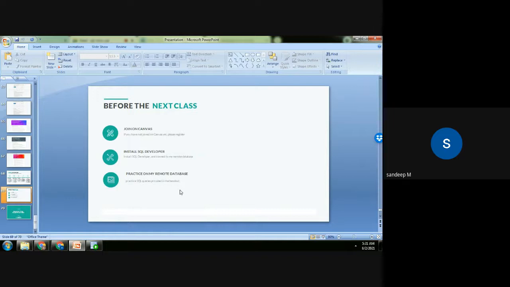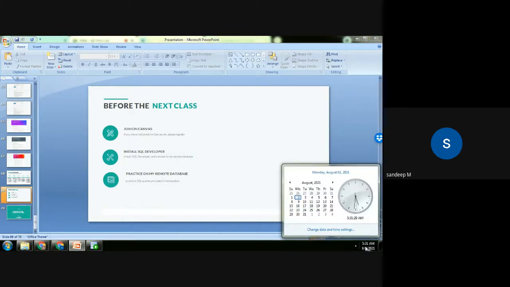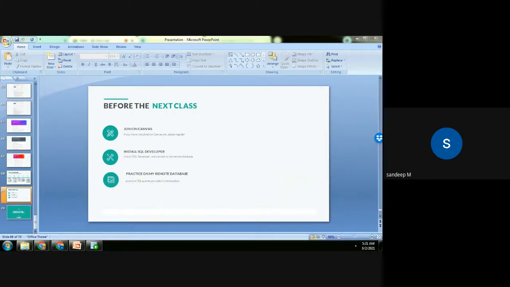I'll be opening up my database. You can connect to the database maybe 2 hours a day. I'll fix some time, and you can tell me what time is convenient, but basically I'm thinking, for example, at night 9 to 11. For the next 1 week, starting from today or tomorrow till the next class on 4th, 6th, Saturday, Sunday, 11th, so till the 11th, for the next 10 days, I'll be opening up the database every night 9 to 11. So for 2 hours you can work on my database and practice SQL queries.